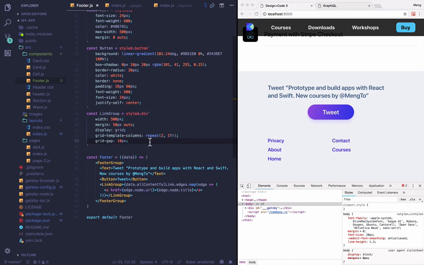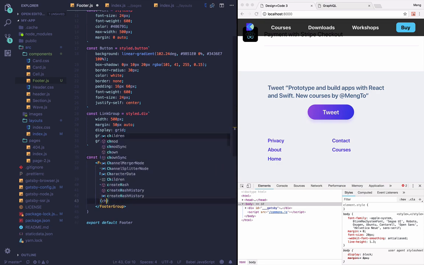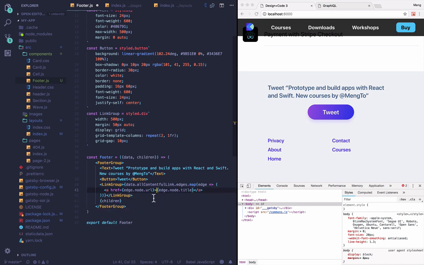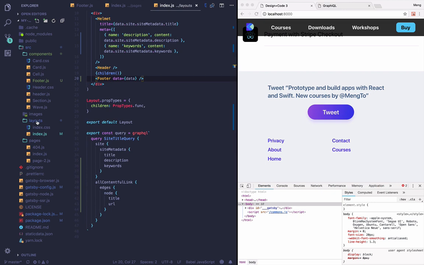Usually you're limited to passing some basic data like the text. But what we want to pass is anything that resides inside a tag. So what we're going to do is include children here, and then here we're going to do curly brackets and children. Now let's go back to the index file of the layout, and here you can see